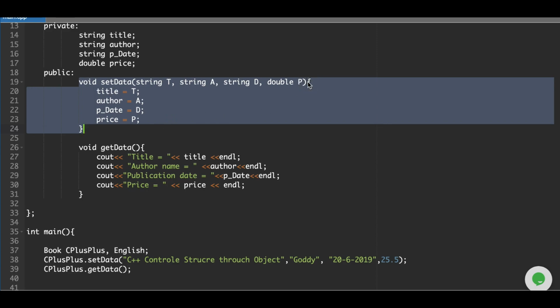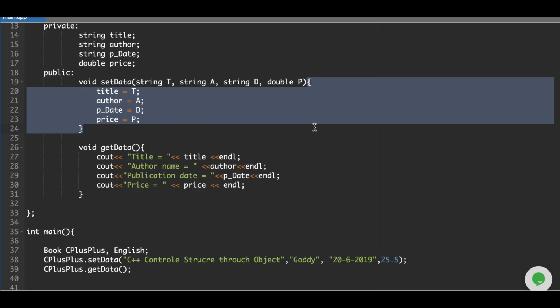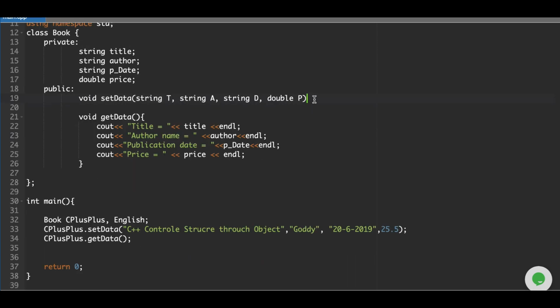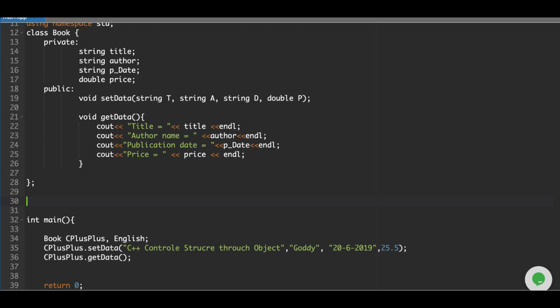The procedure will be like this: simply cut this component. I am cutting this one, you see here. So I just put a semicolon here. So void set data and the four arguments and semicolon. So I will have to define this function outside the class. So outside the class, the same thing,